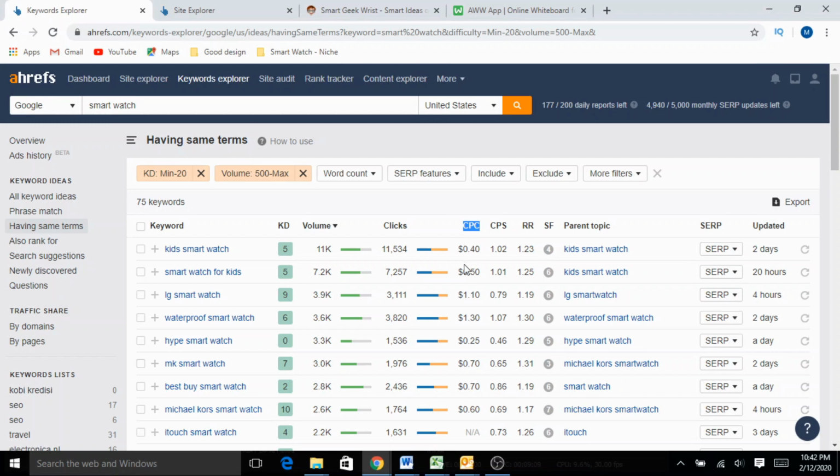So if you look at CPC here, it is 40 cents, 50 cents, $1, around 70 cents. So this is neither high nor too low. It is average. Okay, and volumes are also not too high. So if you multiply volume into CPC, this is again average only. I don't really say it is very good. I see this as an average earning potential from this perspective.